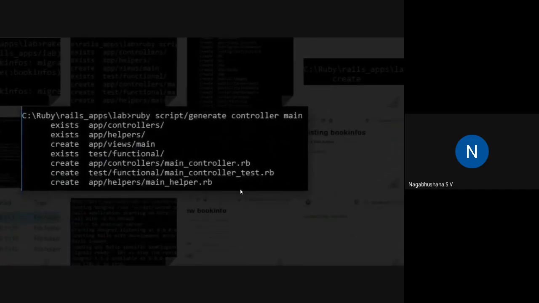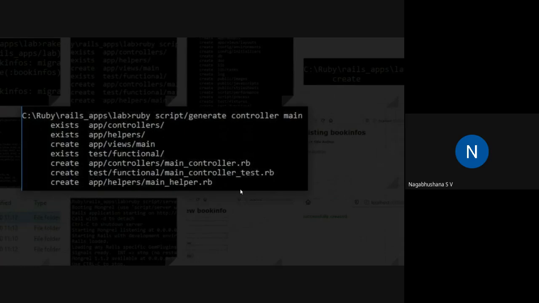Now I told you this is based on MVC architecture. So once you write ruby script/generate controller main, instead of main you can give any name that you want. Main is a user defined name. Once you do this, controller, helper, all these files will be created internally.